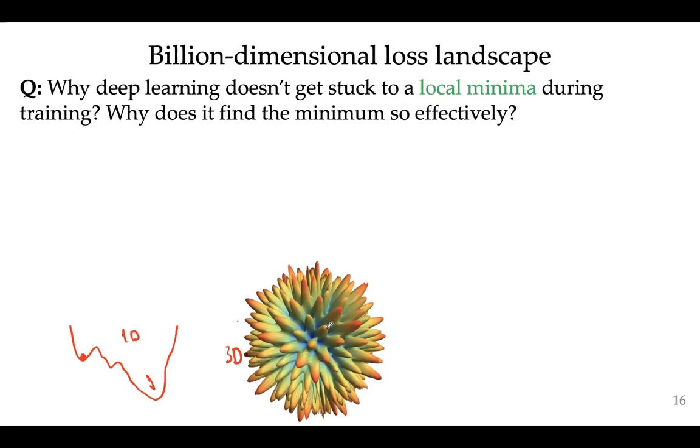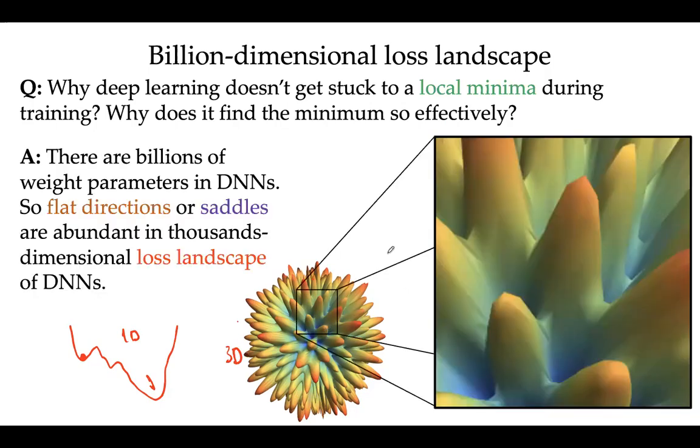If we zoom in, let's say the minimum point is somewhere here. Let's say you start training from here, and then you go down. It looks like at this point you are stuck at a local minimum, but this is not really a well. This is a saddle. So you can continue if you do, let's say, stochastic gradient descent or a similar algorithm. You don't get stuck here because this is a saddle, so you can go down and find the real minimum. That's the nice part of high-dimensional loss landscapes.